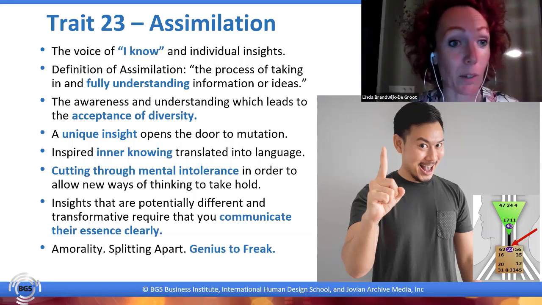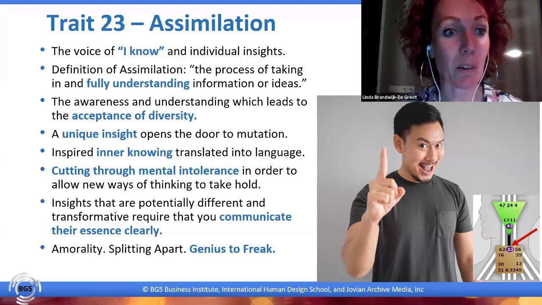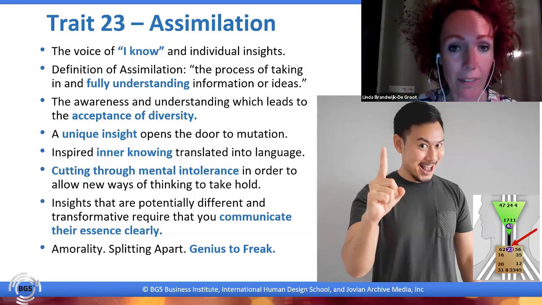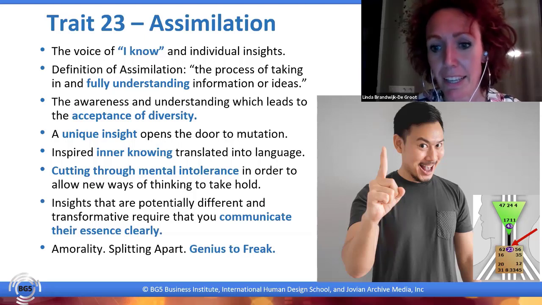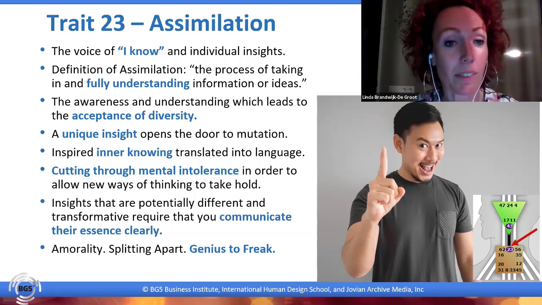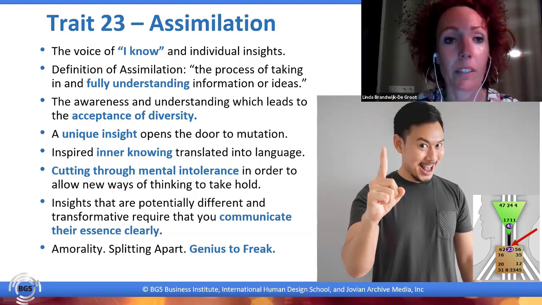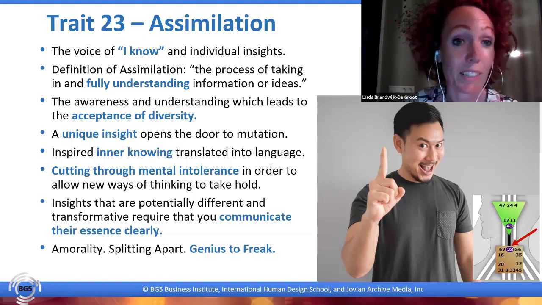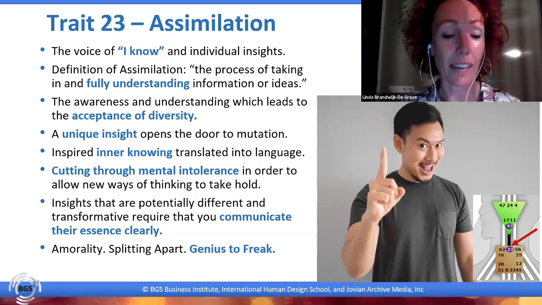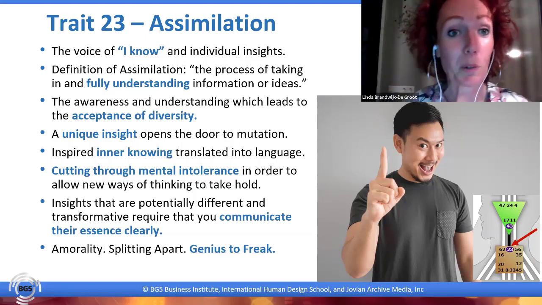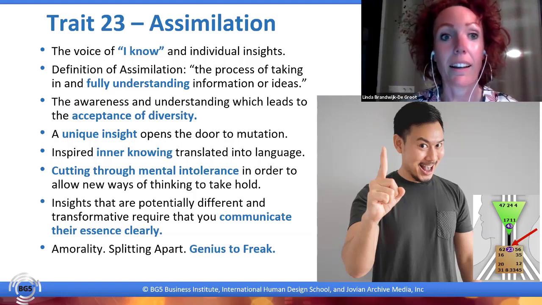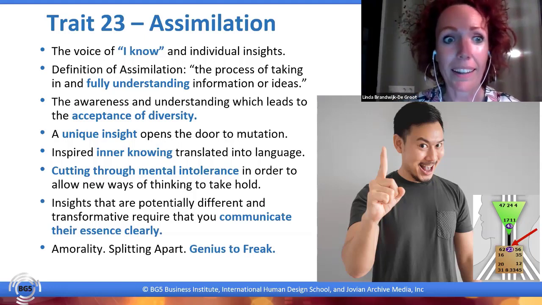Yes, I don't have this trait myself, but currently I work with some clients that do have the 23 and also the 43. And what I really notice with them is that they have unique insights, but they are really struggling with the timing and the invitation. When I tell them that it is a projected strength and they need to have a public that is open to what they have to say, they say, aha, okay, that's why.